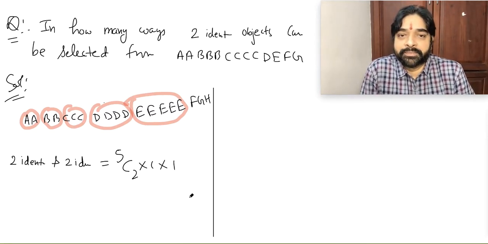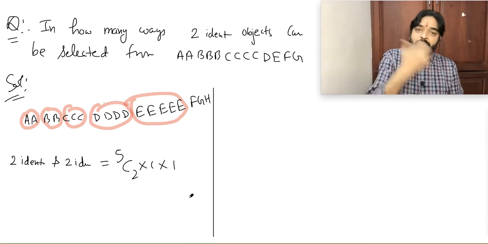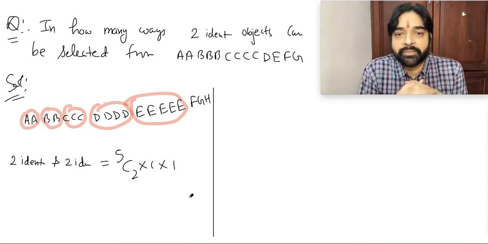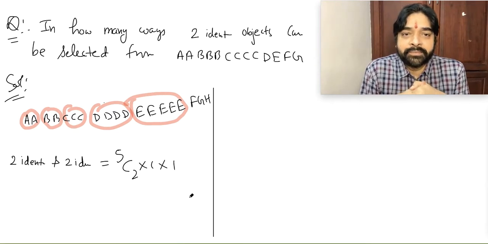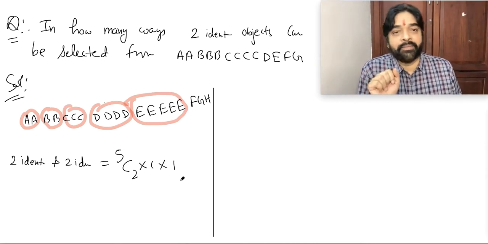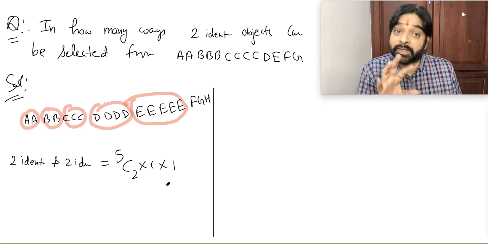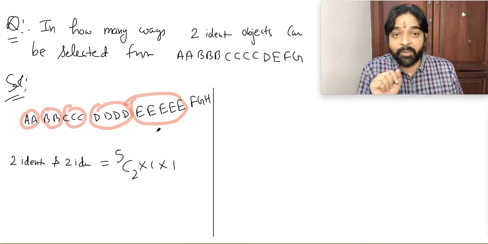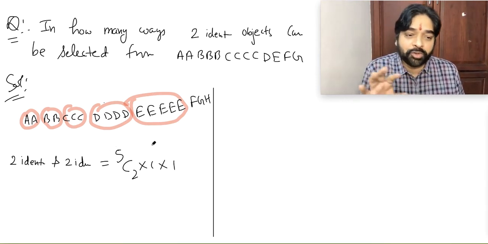Could not understand? Understood everybody? 2 boxes will come, no? From those 2 boxes, I will take 2 identical here and 2 identical here, and that will give you the answer. Is it clear? 2 identical and 2 identical. This is the way it can be done. That's why I say that you have to think this way, otherwise it will be a problem. Now manually see what the situation will become. You cannot do it manually: AA and then BB, then counting AA, CC. So much difficulty will come.